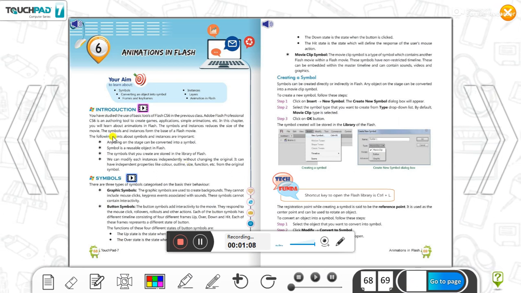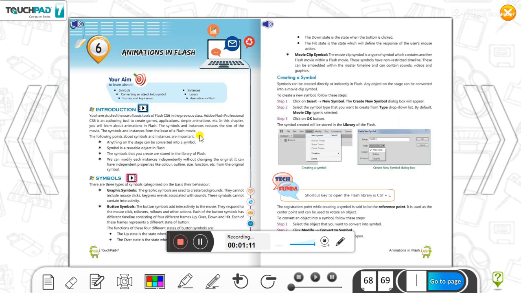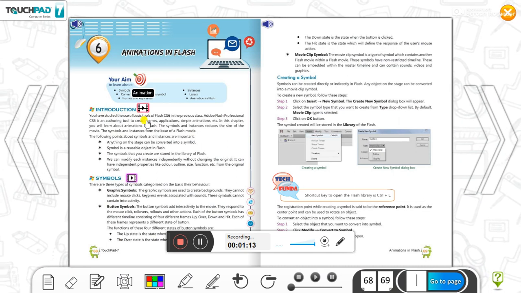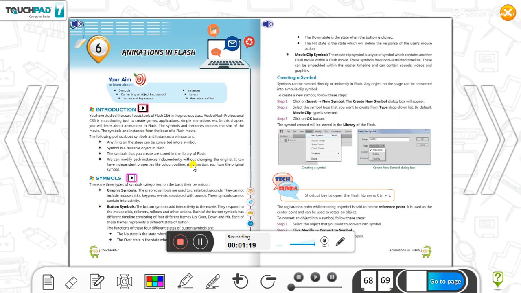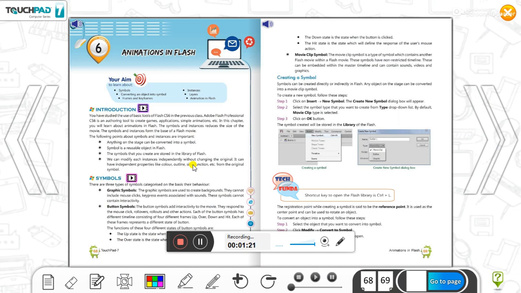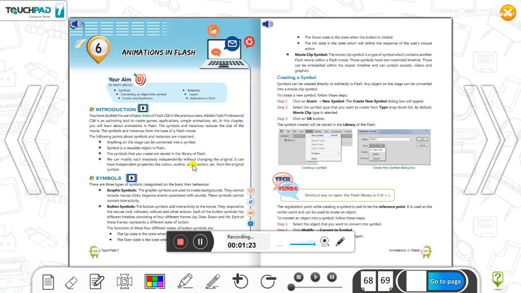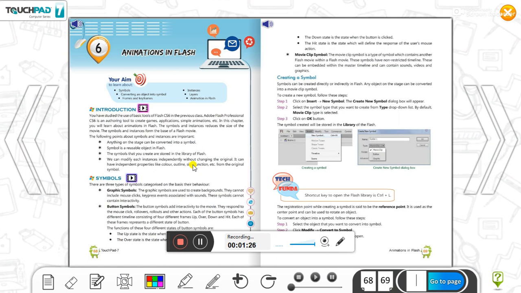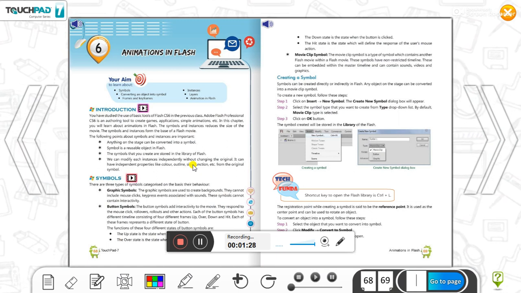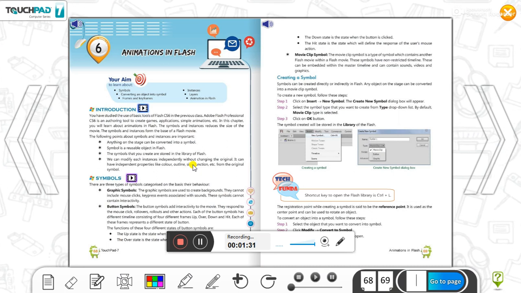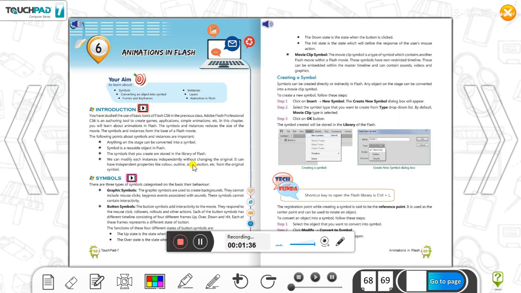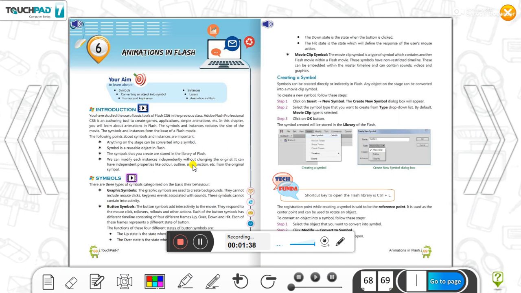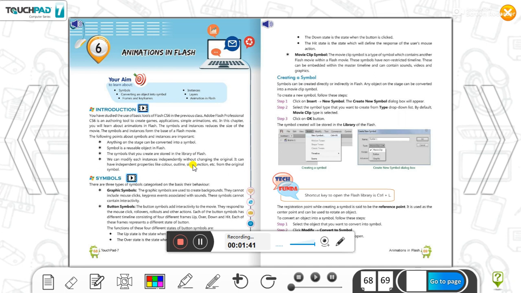Introduction. All of you know very well that in previous videos or previous live classes I have explained the basic terms of Flash, like how to start Flash, and the workspace of Flash, parts of our workspace like menu bar, stage, property panel, tool panel, timeline.